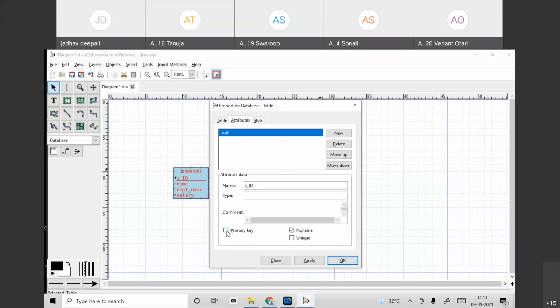It is a primary key, choose it as a primary key. New, name of the student, I want to say it is a not null value, so choose it, it becomes not null. New, department name of the student, I again say it is a not null. New, credits,